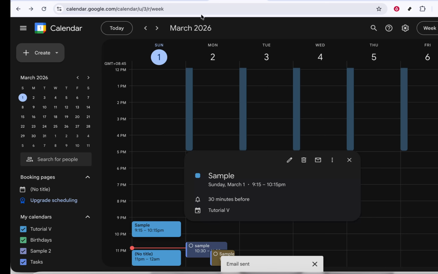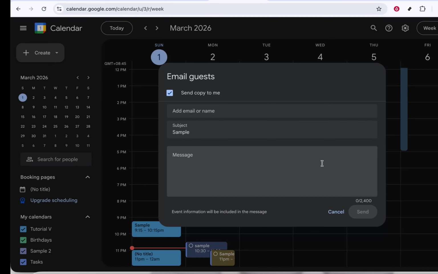Review the recipients to make sure the right people are included. You can add or remove email addresses as needed. If you want to add a personal message, type it above or below the automatically generated details so your recipients have context about why you're sending this. Before sending, double check the event information for accuracy, especially the time zone, date, and